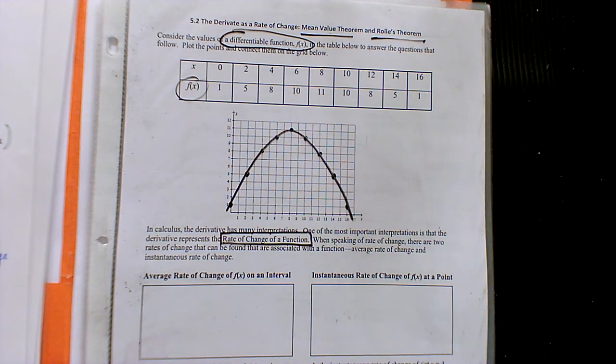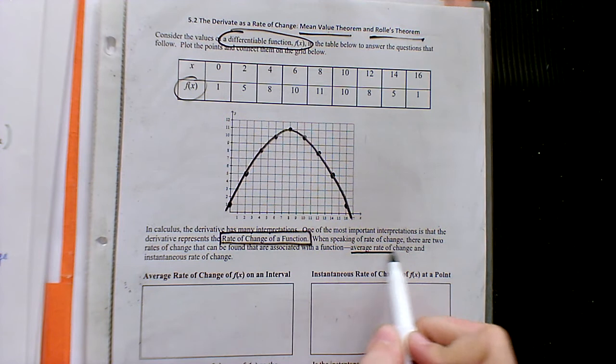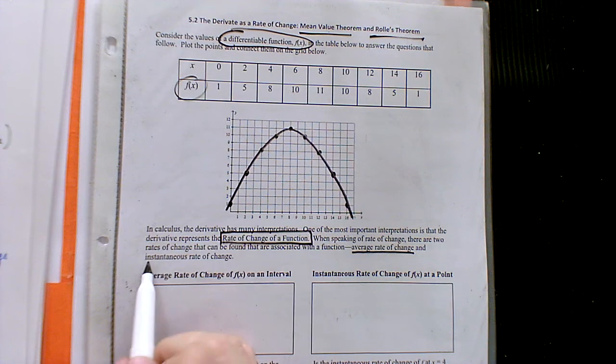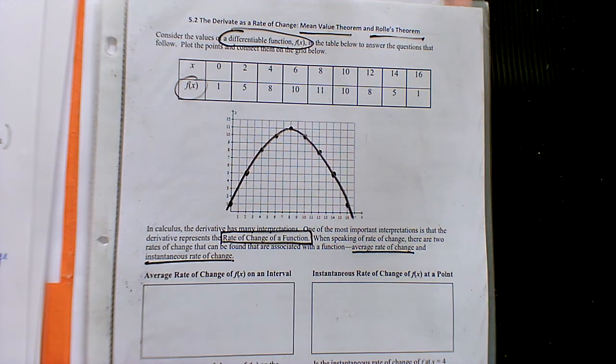But when you're talking about a rate, we can get a little bit more specific because we technically have 2 different types of rates. We have something called an average rate of change, like over a time period. What's your average changing amount? But then we can also talk about the instantaneous rate of change, like at one specific point in time, how is something changing?